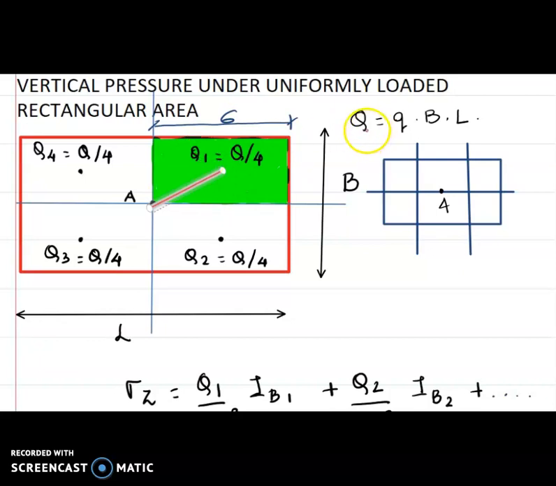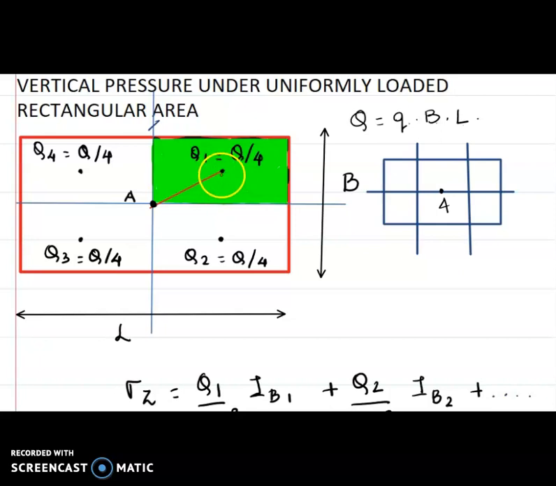We got the value of point load by multiplying load intensity into width into length. Correct? Now where will it act? We got the value. Now since all 4 areas are equal, all Q1, Q2, Q3, Q4, all will be equal, because the areas are equal. If you are not dividing them into equal parts, then you will have to find for each case, because L and B for each case will differ. Now in this case, since all the 4 parts are equal, L and B values will be equal. Correct? So you get Q1 to Q4 same.